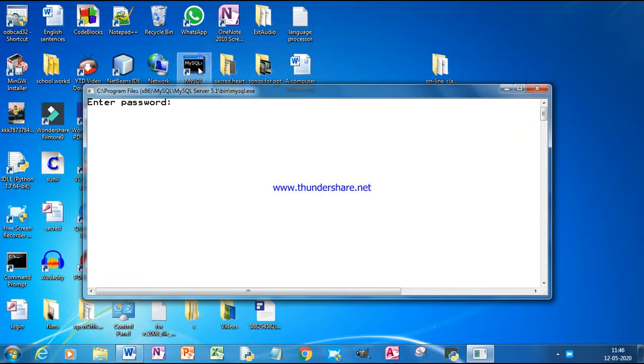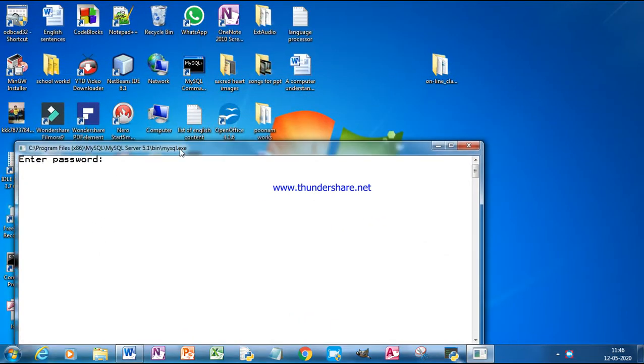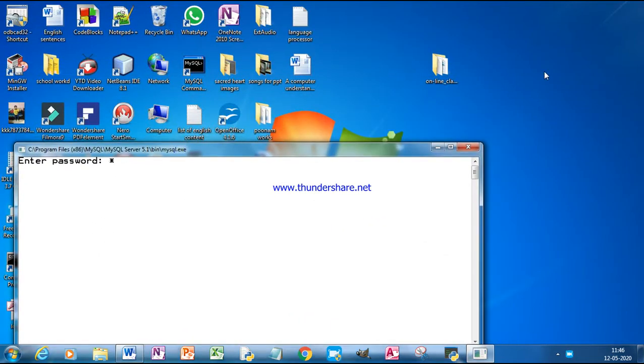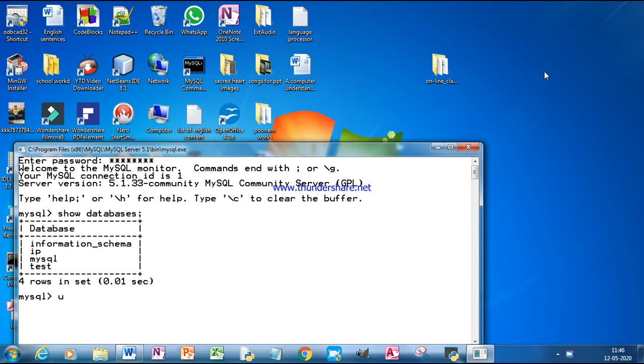Open your MySQL. This is my MySQL. I'm going to use my password. Now show databases, then use the database. In order to work on any database, the first step is you have to open that database.